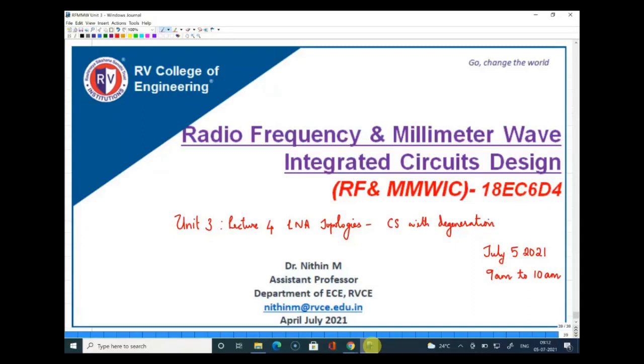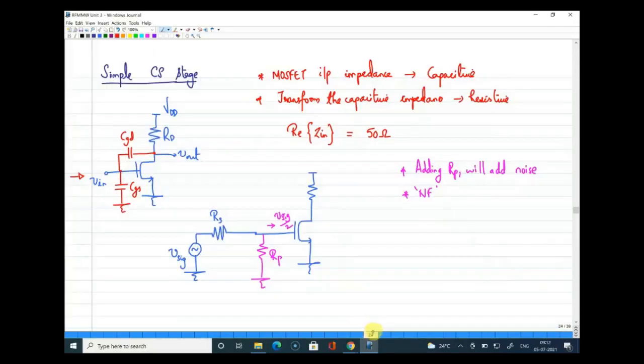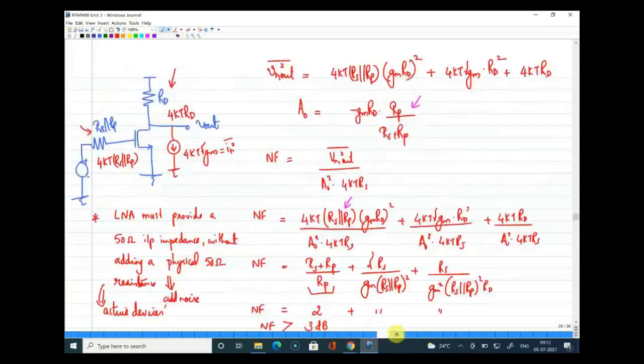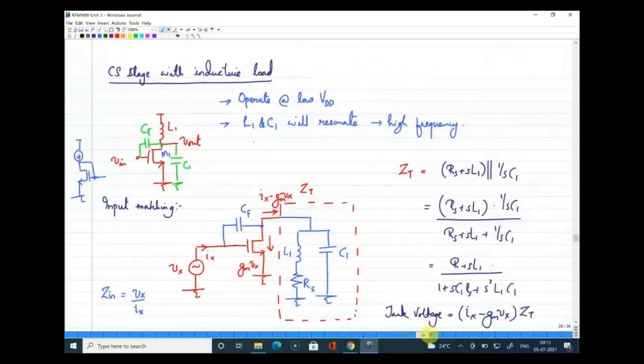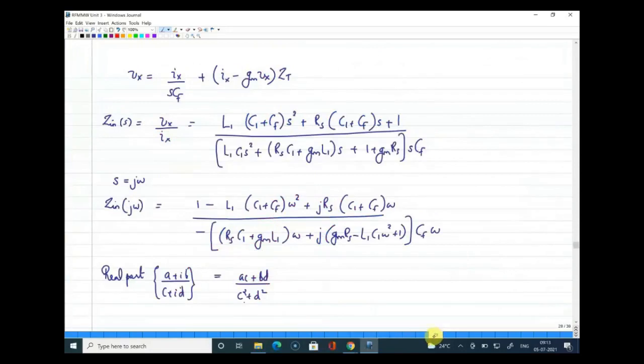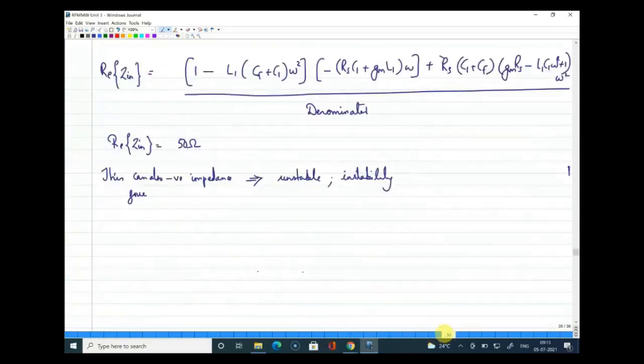So in the previous classes, we covered a few basic topologies, started with a common source with a resistive load, and found out that resistive loads are not suitable for RF applications, so we moved to an inductive load. With that, we verified the input matching. Matching to 50 ohms was possible, but one problem we saw there is, even